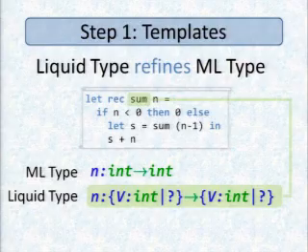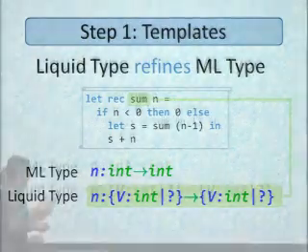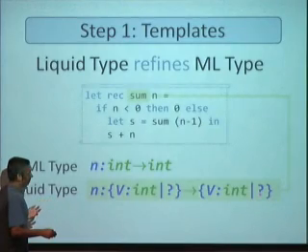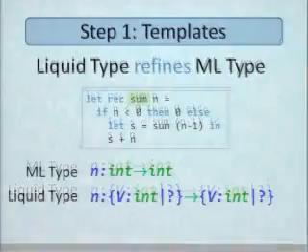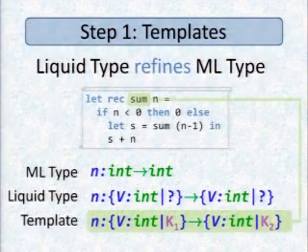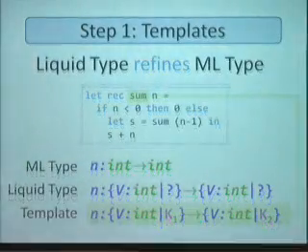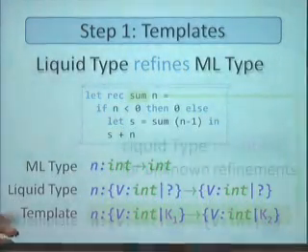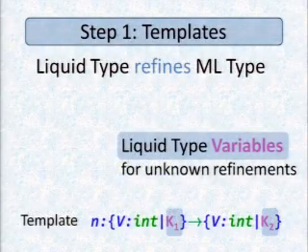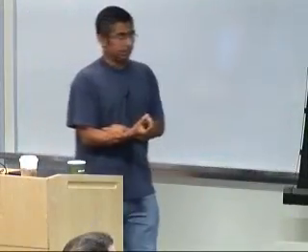So now the thing with the liquid type is, well, we don't know what these refinements are. It's an integer which satisfies some properties and spits out as output another integer which satisfies some other properties. We don't know what those are. And so we'll just introduce some variables. Okay, introduce variables for the unknowns. So I'll say that this unknown, the input precondition, is called K1. And this unknown, the output postcondition, is called K2. Okay, and so K1 and K2 are what I call liquid type variables that stand for the unknown refinements. Okay, so far so good.